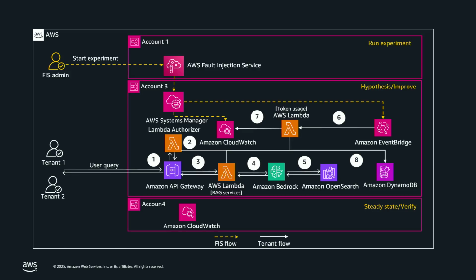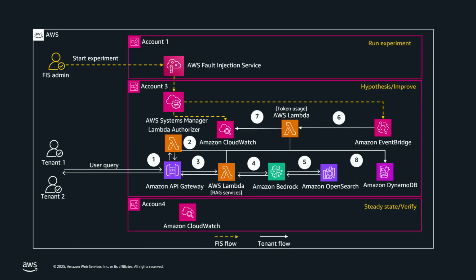The API Gateway is attached with a Lambda authorizer, which extracts the JWT token, understands the tenant-specific token limits, and also validates the role, along with dynamically generating the tenant-scoped credentials, which are passed to the Lambda RAG service. The Lambda